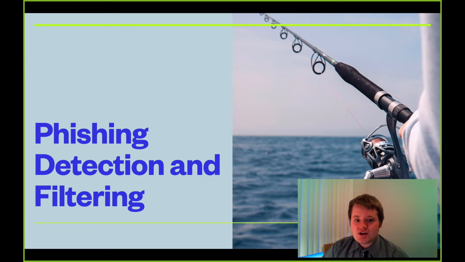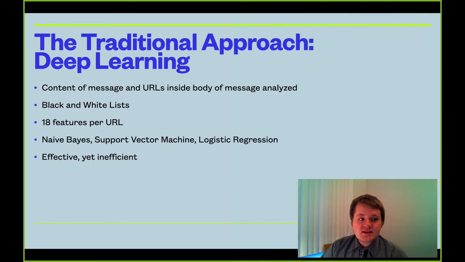Phishing detection occurs on the mail server level, in which every message is passed through a mail filter, not only for viruses and phishing attempts, but also to protect the company from confidential data leaks and other malpractices. Deep learning algorithms can be used to identify these phishing emails before they are able to reach a user's inbox.